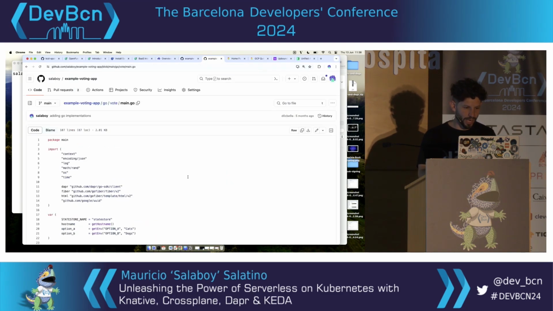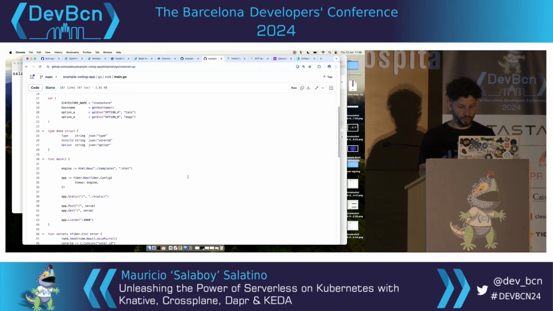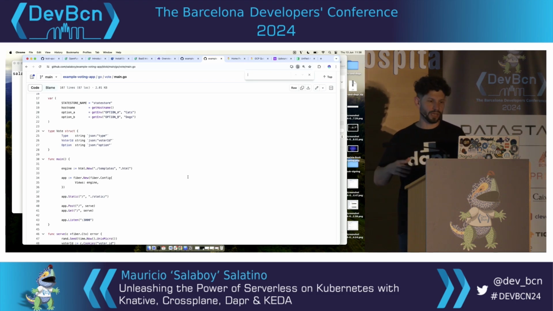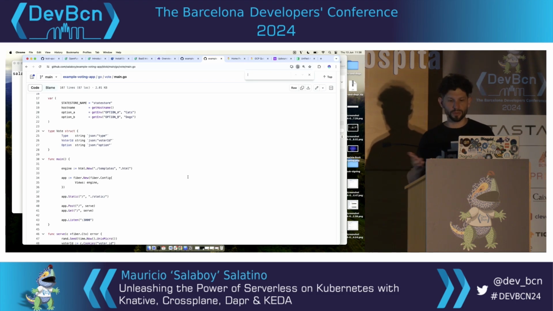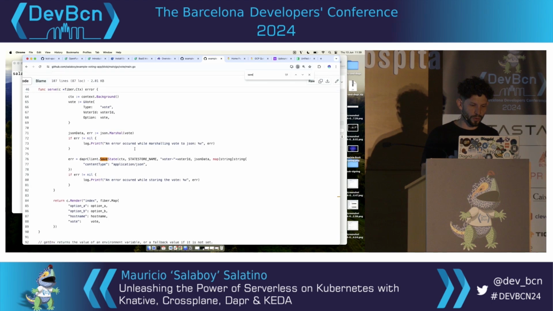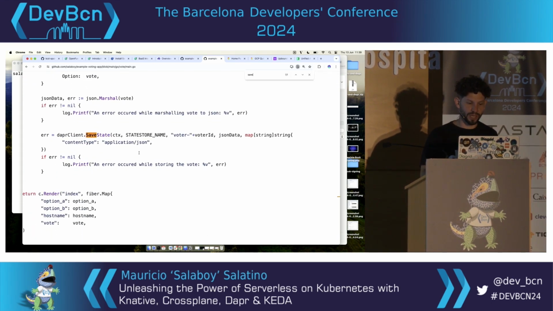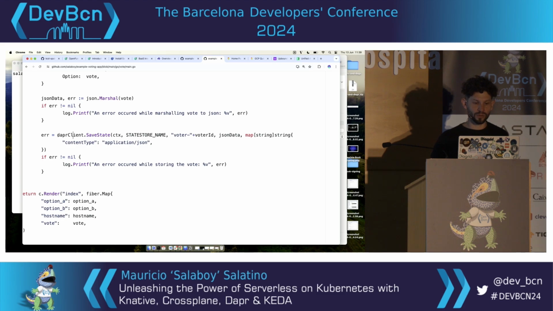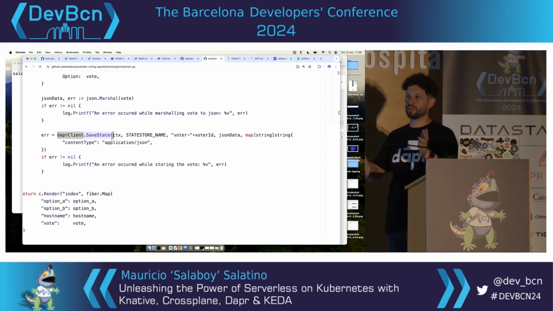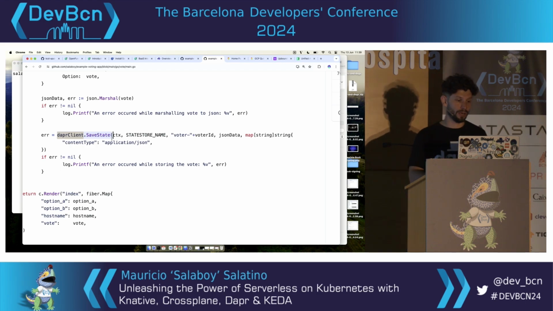So what I have here, for example, is a Go service, right? I have all the application modules in different languages, on purpose, just to connect to the same Dapr APIs from different languages. If I want to save the vote in a persistent store that I don't even know where it is or what it is, I will just use a client, in this case, to connect to the APIs. What it does, basically, is just send this request to Dapr. Dapr will know where to store it based on the environment.